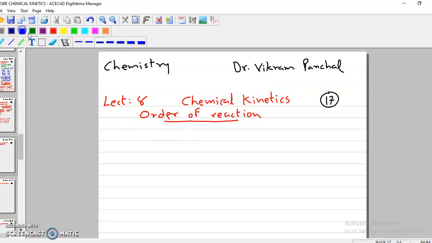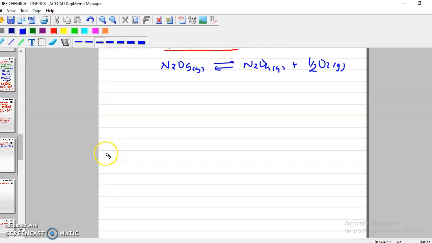So let us take the example of N2O5, which decomposes to give N2O4 plus oxygen. Now we carry out an experiment with this decomposition reaction of N2O5, and in the first set